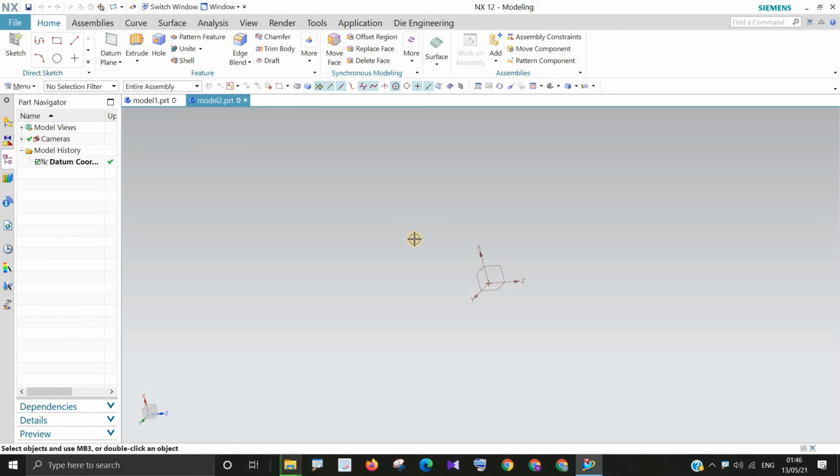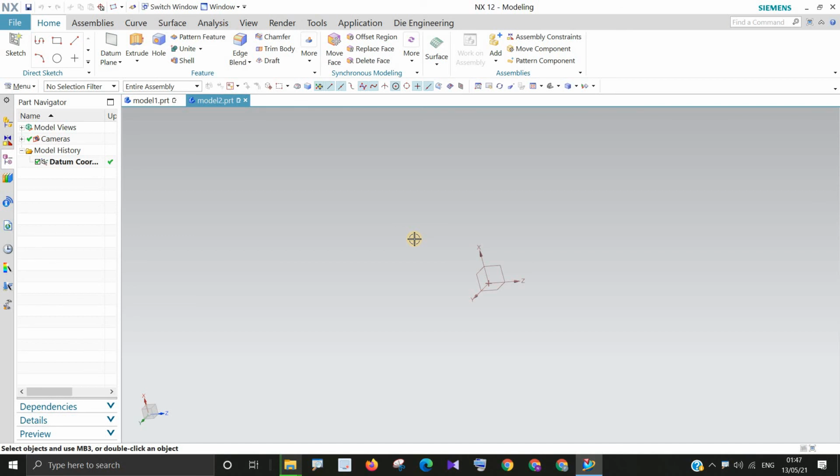Our coming sessions will be the main sessions, and they will continue to teach you how to make models, parts, or whatever in NX. And yes, this introductory session was also useful. If you are totally new to NX, you must know all these things.